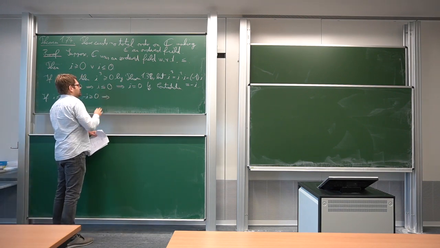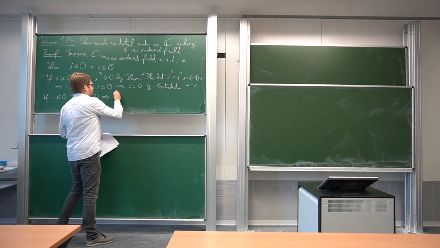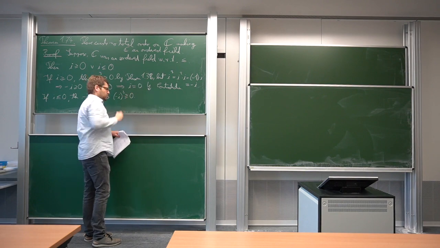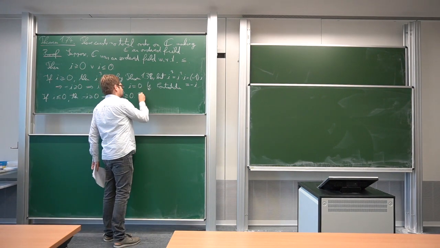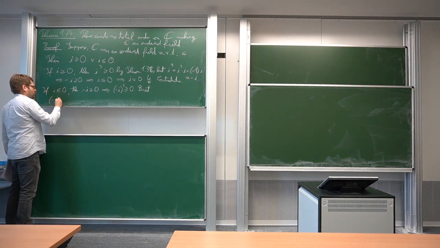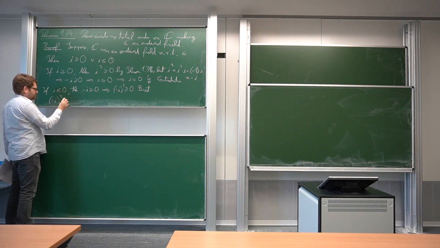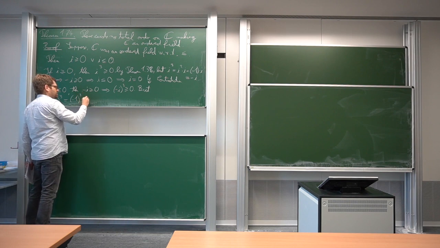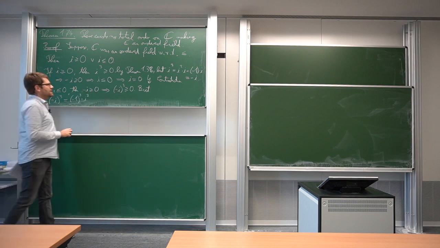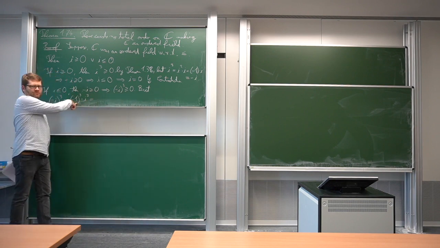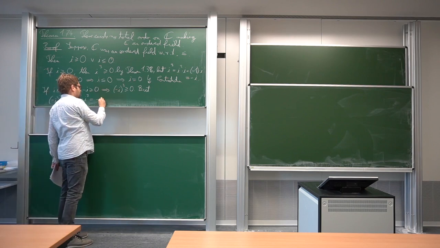But then, same as before, the third power of this, (minus i) to the 3, would also be non-negative. Now it's a similar computation: (minus i) to the 3 is minus i times 1, and since the multiplication here is commutative, this is (minus 1) to the 3 times i to the 3. And we've seen i to the 3 is minus i. And (minus 1) to the 3 is easily seen to be minus 1. So this is minus 1 times minus i,